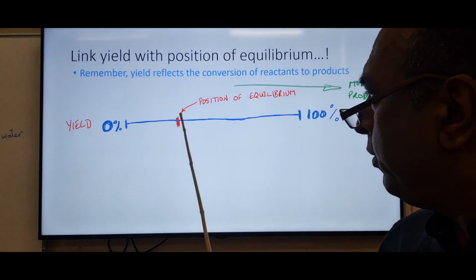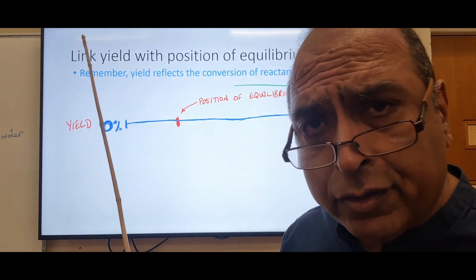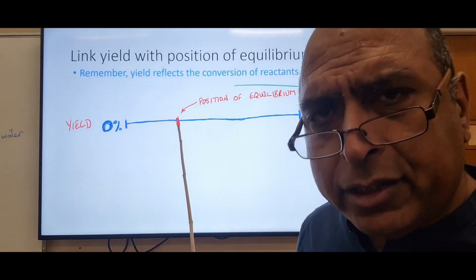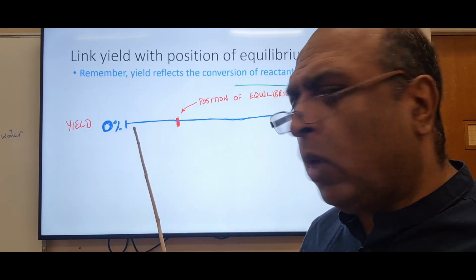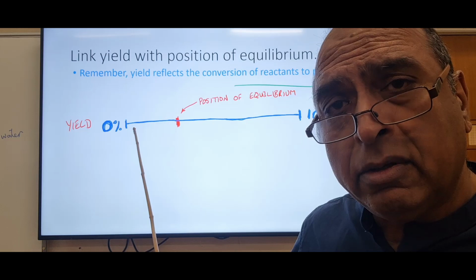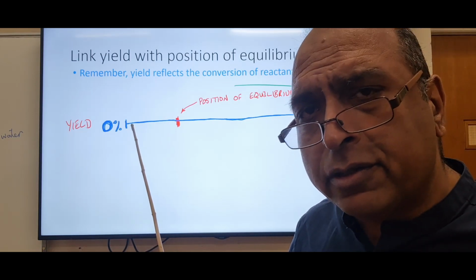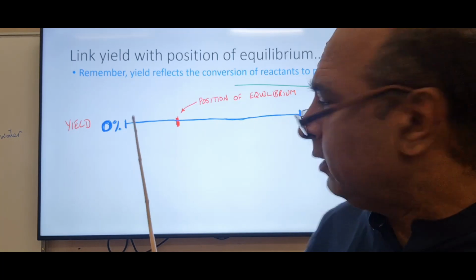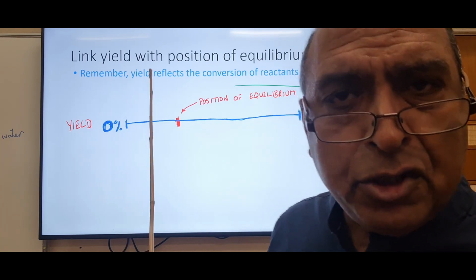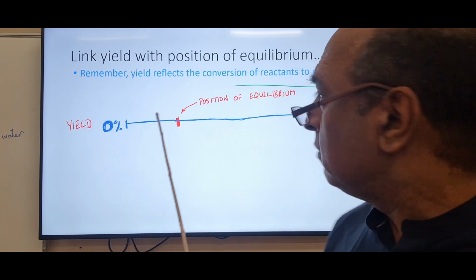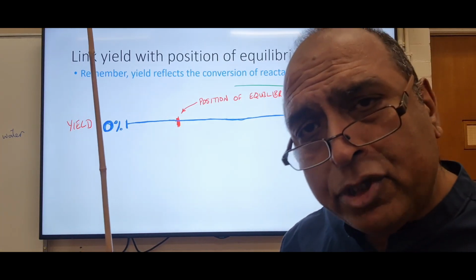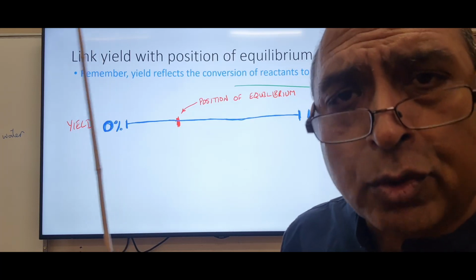The position of equilibrium is different for different reactions. For example, that weak acid, ethanoic acid in vinegar, is about 1% ionized. So the position of equilibrium for that would be 1%-ish. You can move it a little by changing the conditions, but it's about 1%. This one, I've put a red blob there, showing a yield of about 20%. But they all will reach a position of equilibrium, and that position will have an associated